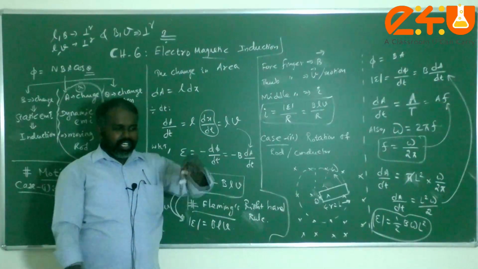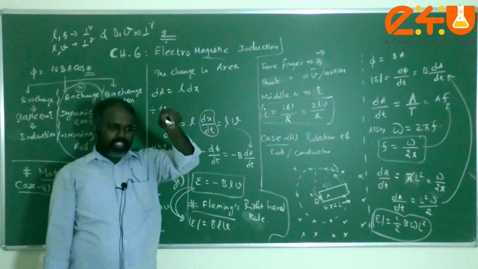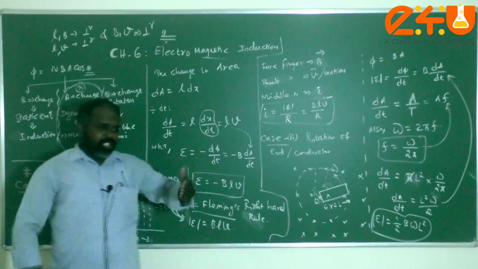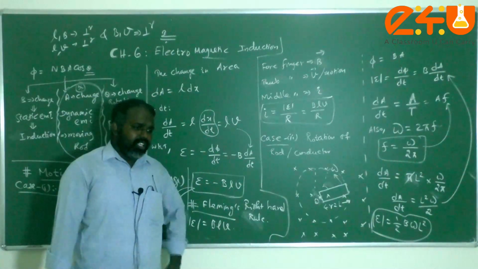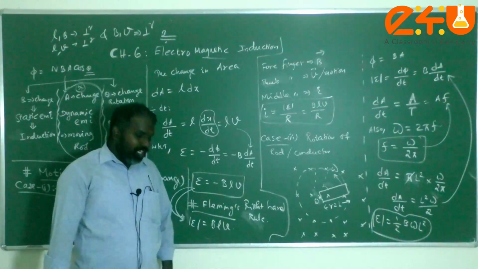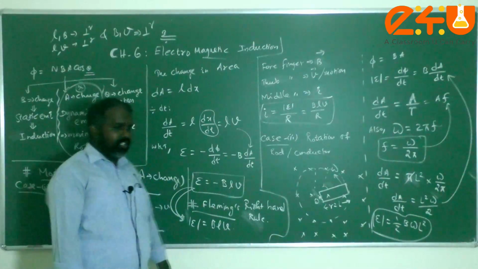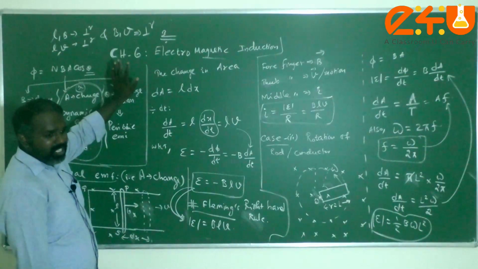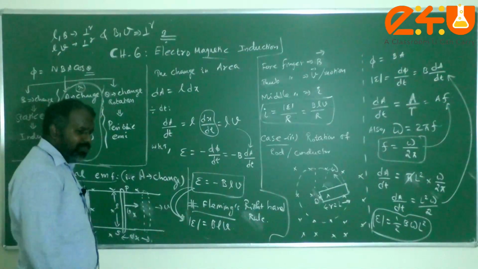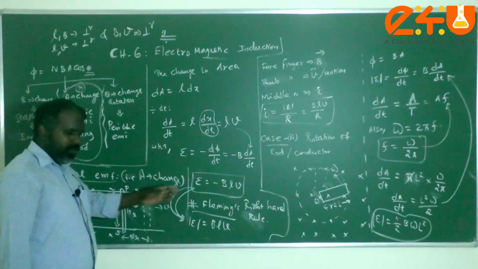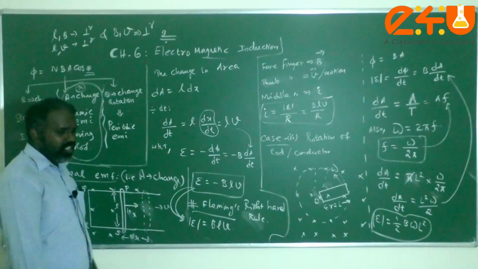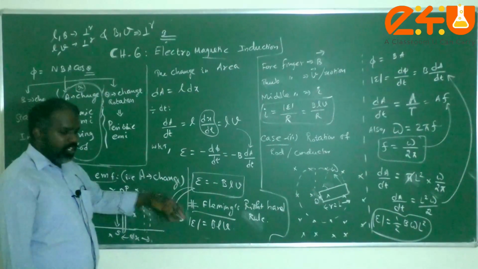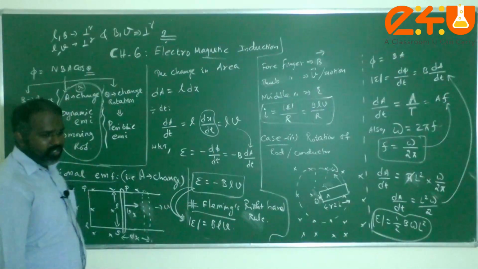So whenever a conductor is dropped with its length along the geographic north-south direction, even though it cuts the magnetic field lines of the earth, there is no possibility for induced EMF, because all these three conditions should be satisfied simultaneously. Then only we can say there is a possibility for the existence of motional EMF. So this is the information about motional EMF. Kindly note down the theory, students.